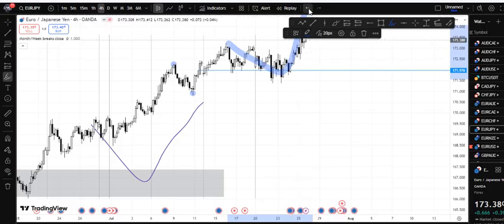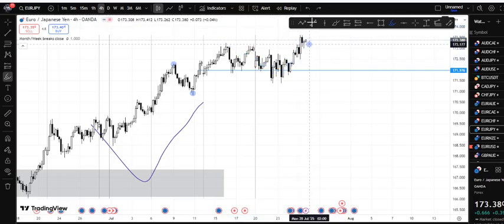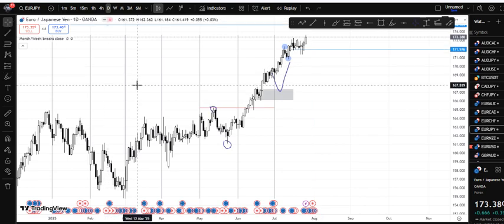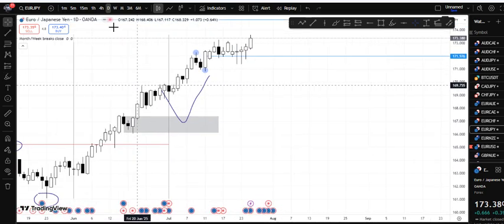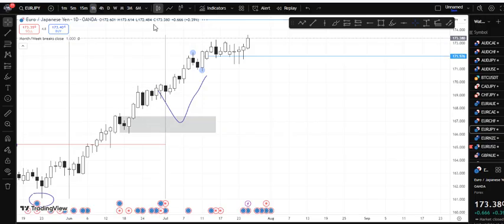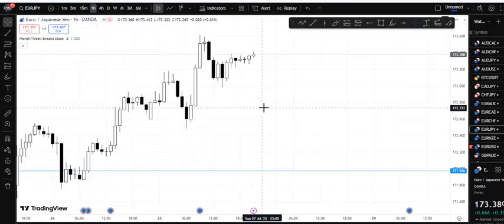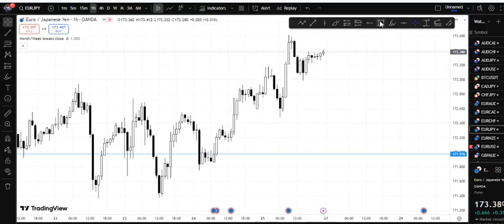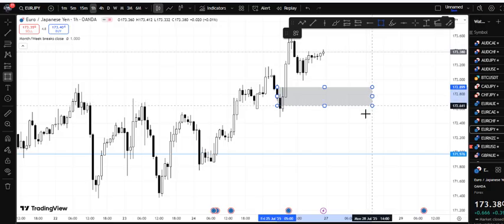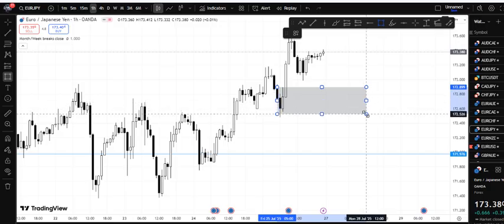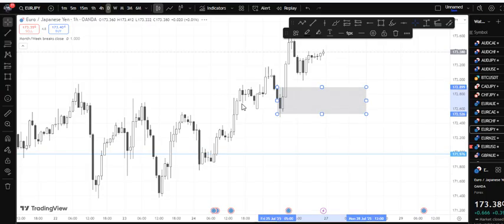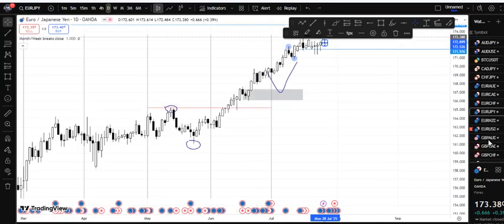So what do we do with this? We find our continuations to the upside using your daily time frame. You have our D1 zones, so you can just look for your zones on your 1 hour, and you have the best, because what I have here is there's this grab liquidity, of course. So potentially this could be a demand, but within the week you could find your demand there. So I'll be more focused on that.